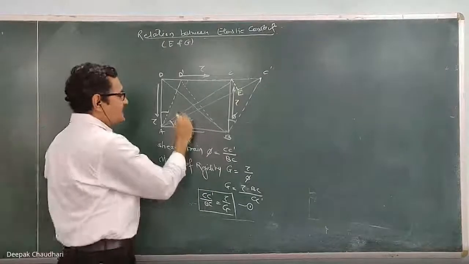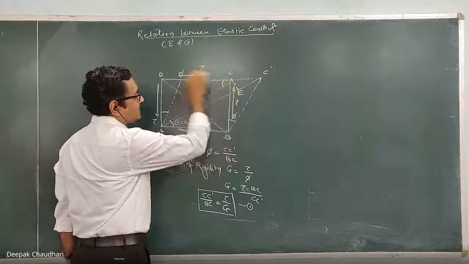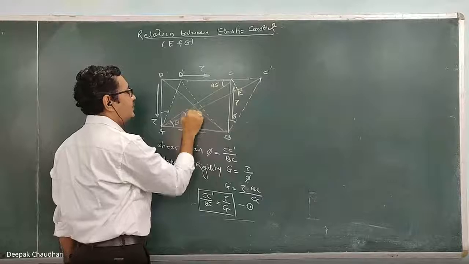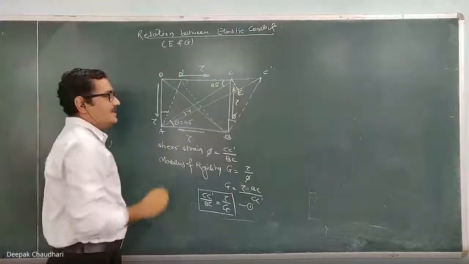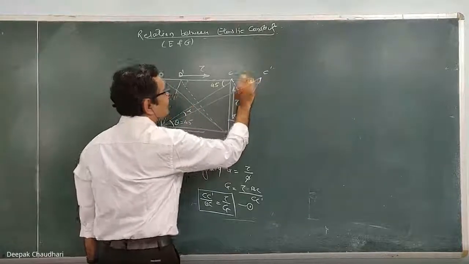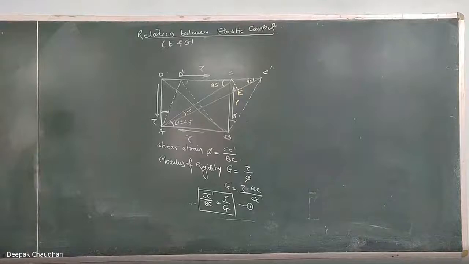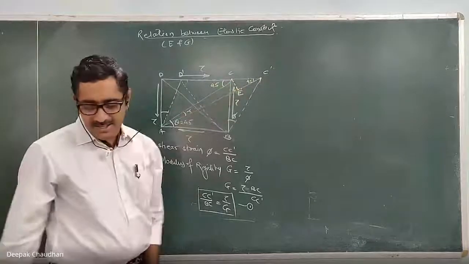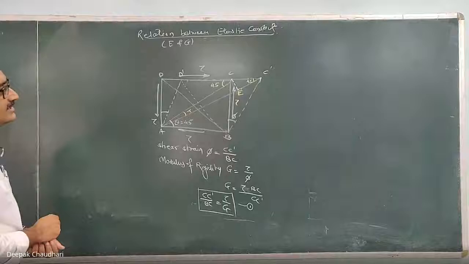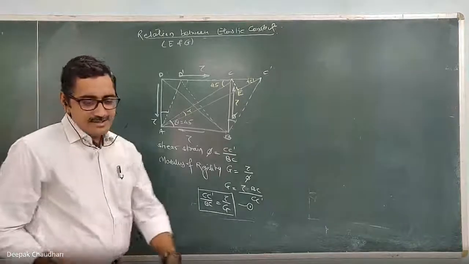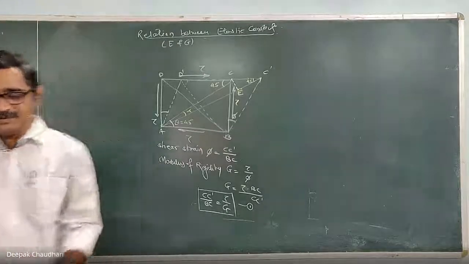Understood? Now since it is a cube, this angle is 45 degrees, and this angle is phi. Let me denote it as alpha. It is very small, so if I ignore this, I can consider this angle is also 45. So this CC dash in this small triangle, how can I write it in terms of EC? Tell me, unmute yourself and tell me how much is that?